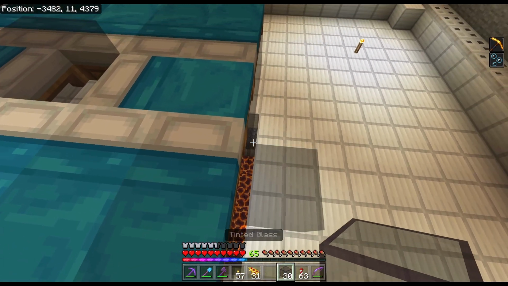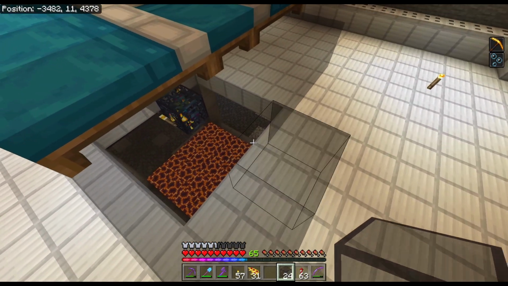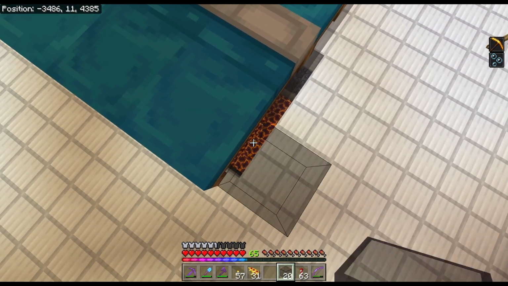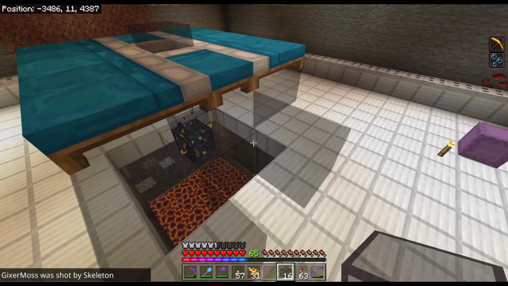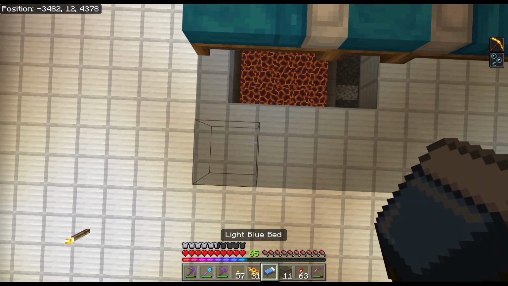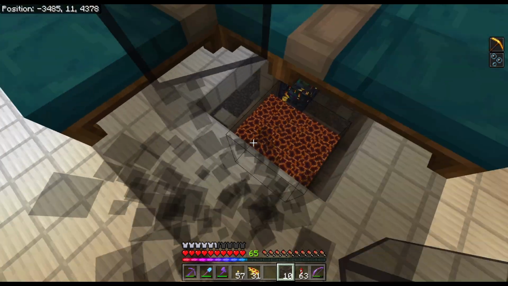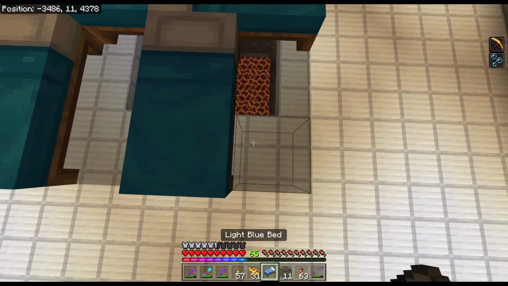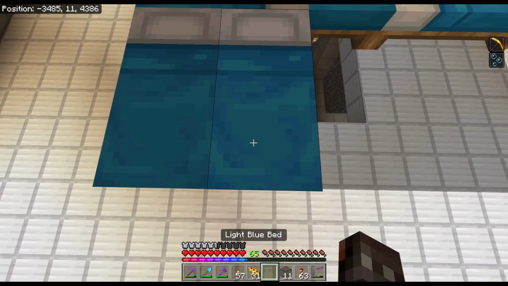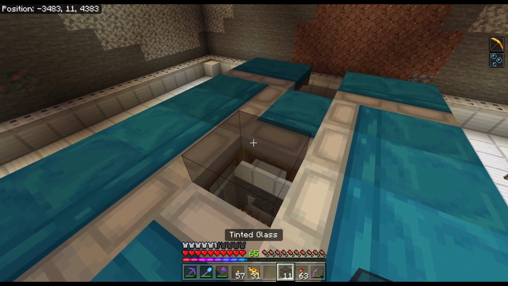So we're going to go ahead and build out this platform a little bit more on each side. We're going to go ahead and take this out 2 more blocks on this side. And we're going to go ahead and take it out 2 more blocks on this side. And now we're going to grab our remaining beds. We're going to put 1, 2, 3, and 4. Then we're going to come over here on the other side. We're going to put 1 and 2, 3 and 4, and we're going to go ahead and build up another